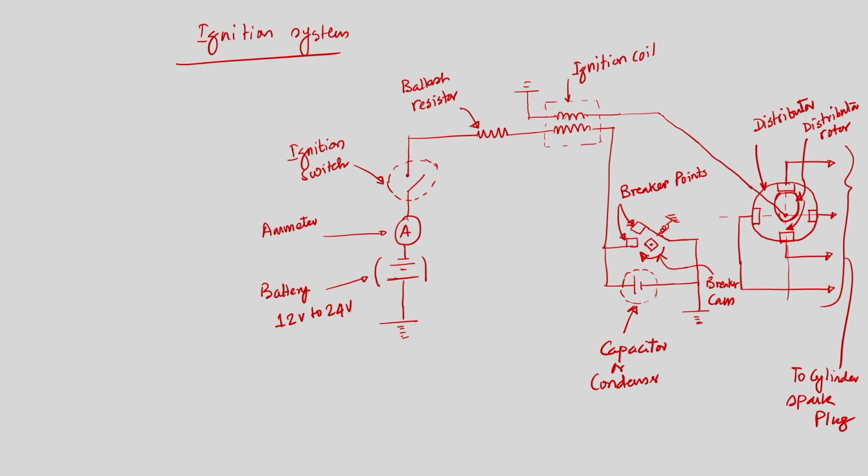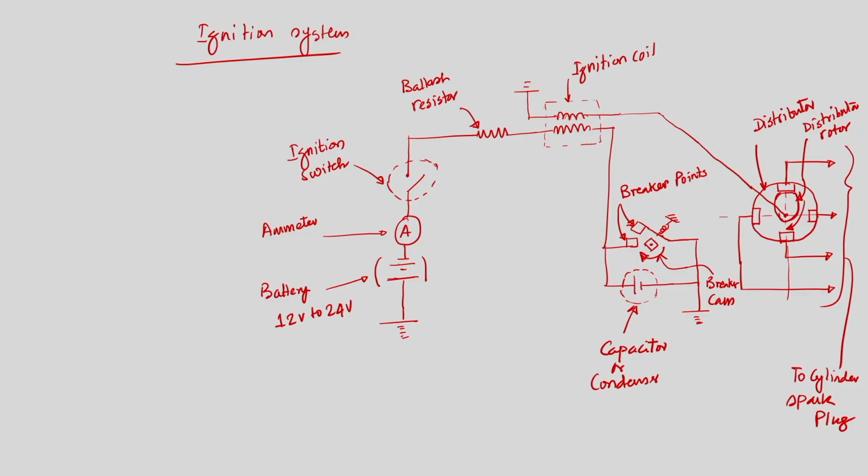Now, we need to explain the functions of every component in the schematic. So, we have the battery, which supplies a small voltage. Of course, we need to supply a small voltage, and the circuit will be used to step up the voltage from 12 volt to 10 kilovolt. The ammeter is essential to measure the current, and the ignition switch. So, we will write the objective of different parts.